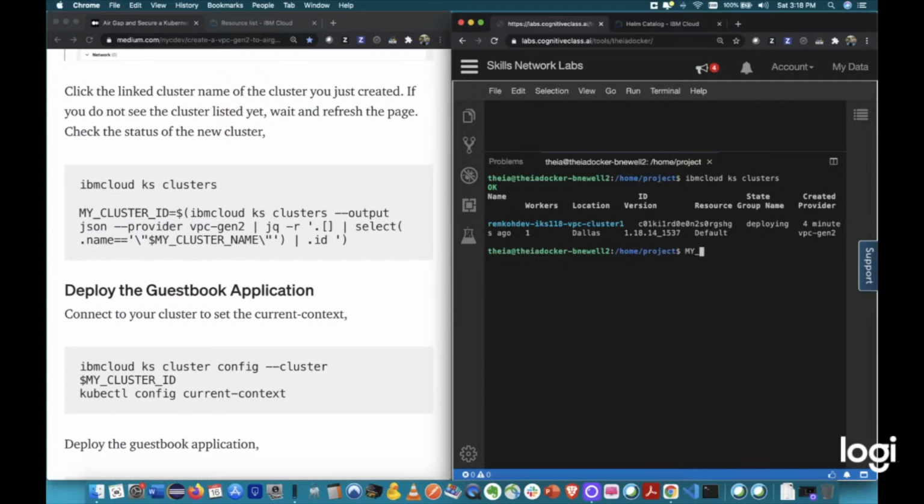So we can already set my cluster ID by taking the value of the command ibmcloud ks clusters. I put it as JSON for the provider vpc-gen2 because it's separate from if you just use it without VPC, you get a different list back. And then you parse, say if you have multiple clusters deployed in your virtual private cloud, parse that list with